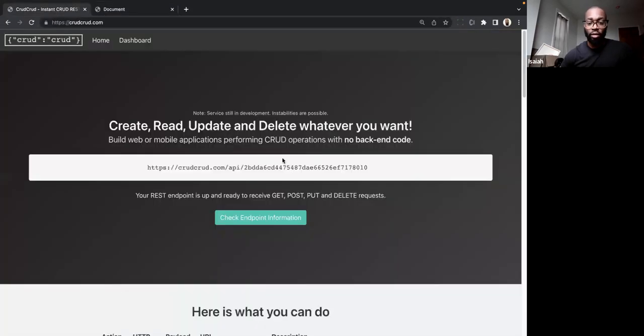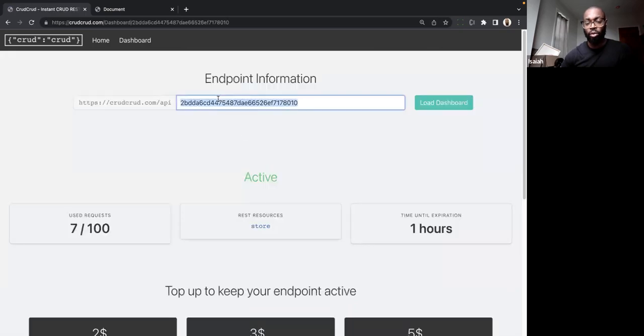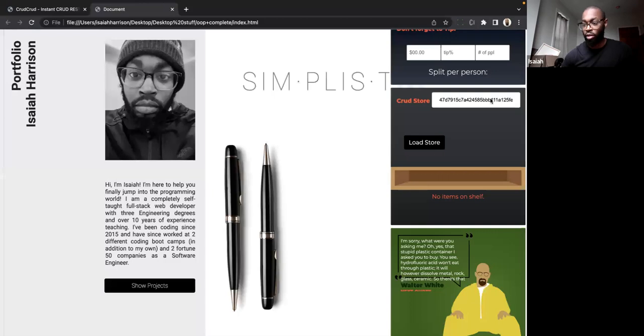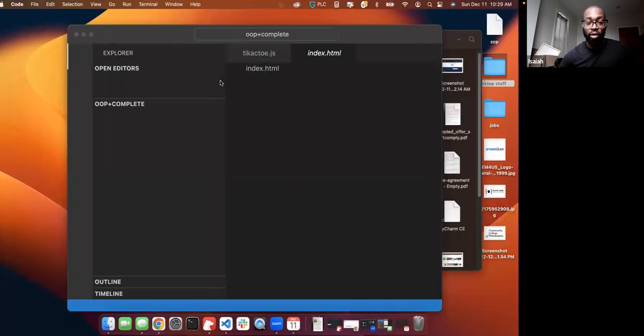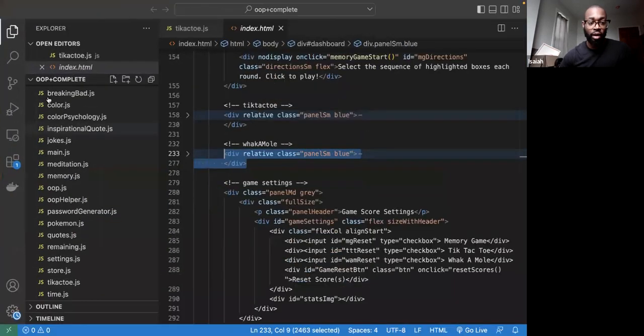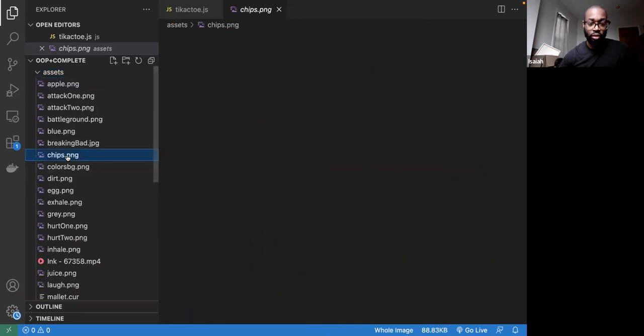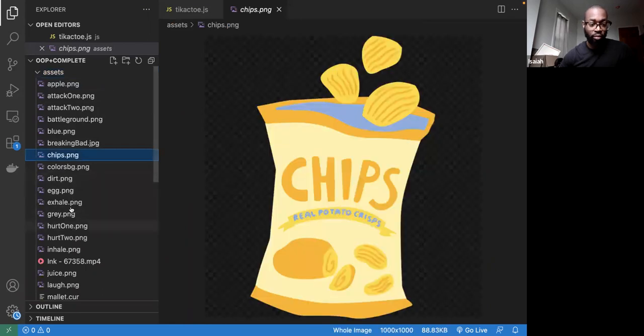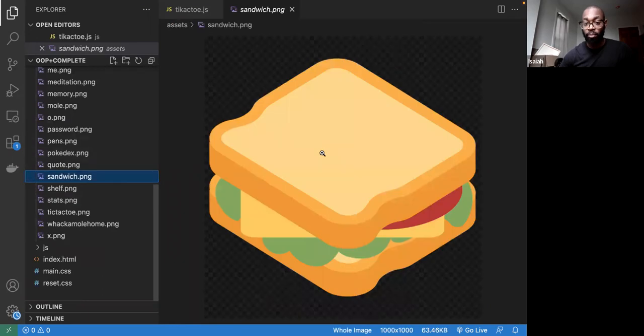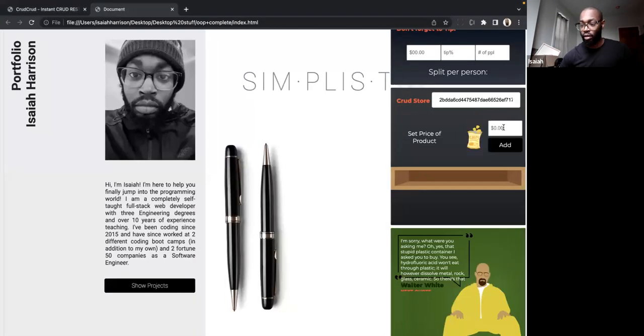Remember last time we copied the API key. So I'm gonna just go here, check import information, endpoint information, copy the API key, paste it in here to get your refresher, and then press load products. So with this one, remember these 4 pictures are already in my code. If I go to the folder structure, we can see that inside of assets, we have the chips, the sandwich, and so on. All of those are here. So whenever I select one of these and give it a price, let's say 3 or whatever,